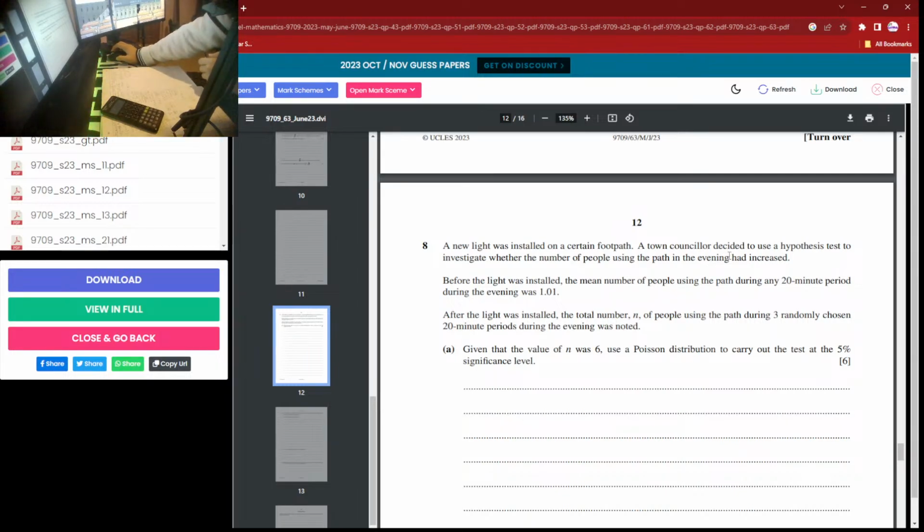What would we use for this? So we definitely can't use the Poisson distribution because n is less than 50. So the only thing we can use is